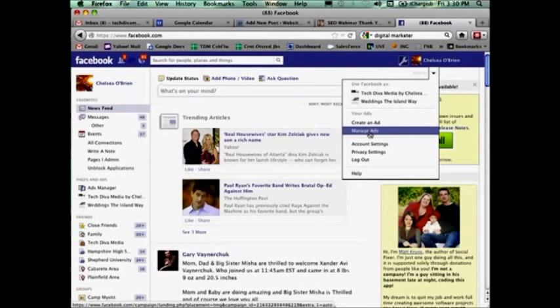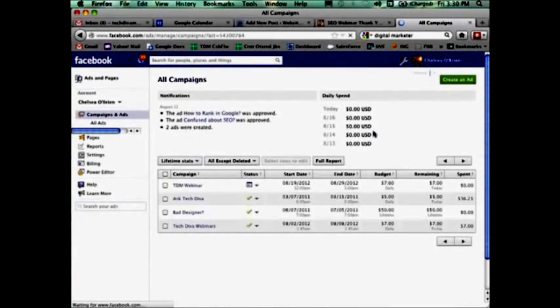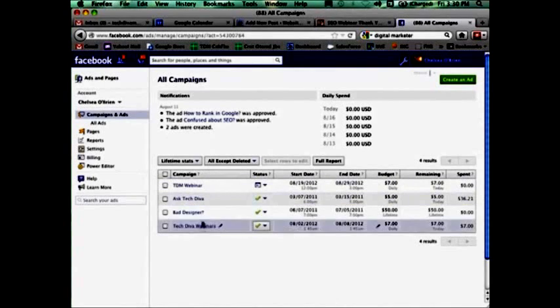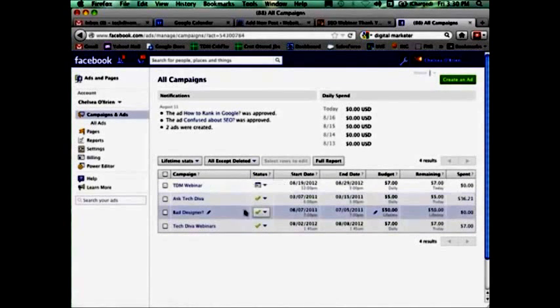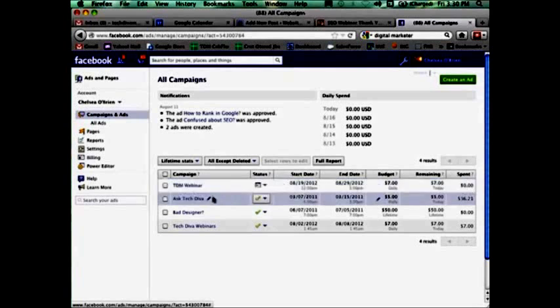Now I'm going to open up one of my ads that I already have created so you can see what goes into it, and then we'll go through creating an ad. So these are the ads I have. Now some of these are old, these are from last year. I have one that's scheduled to start as of this coming week. So you can schedule them for whenever you want. You can set the start date, the end date, you can set your budget. I have a $7 daily budget for this particular ad.